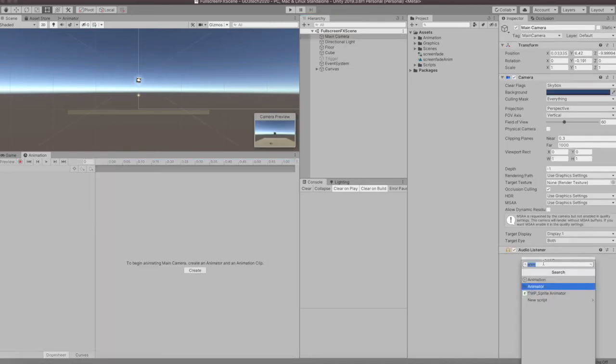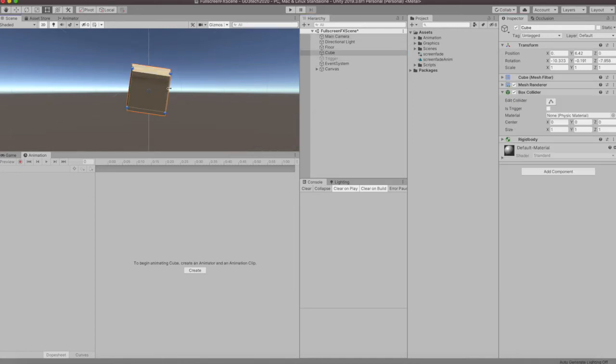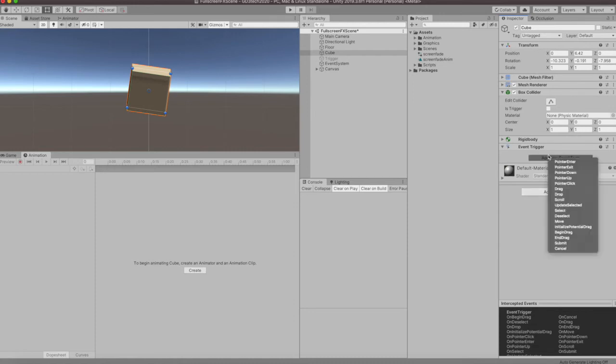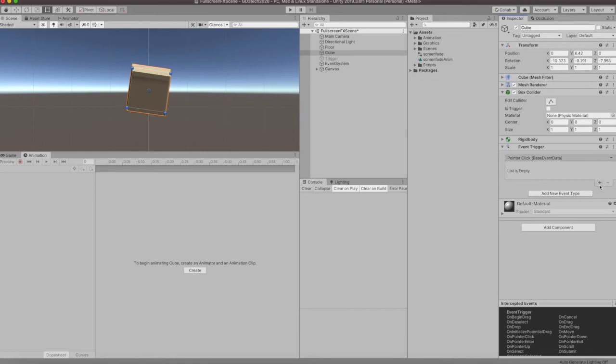I'm going to add a physics raycaster to the camera. This is because I want to trigger this by clicking on a 3D object. So whenever I click the cube, it should play this animation. I'm going to add an action to it, and I'm going to use the pointer click for this. I reference the object that has the animator component on it,